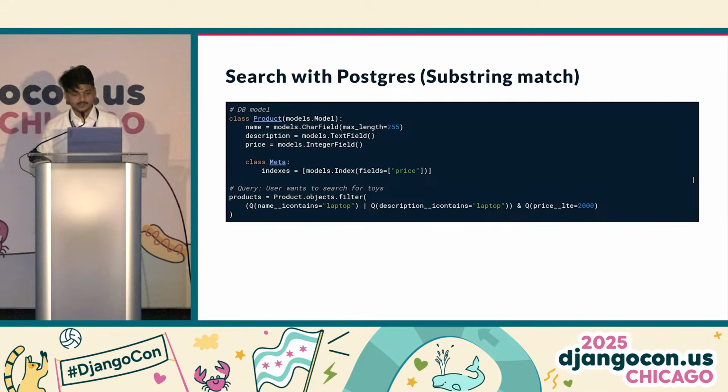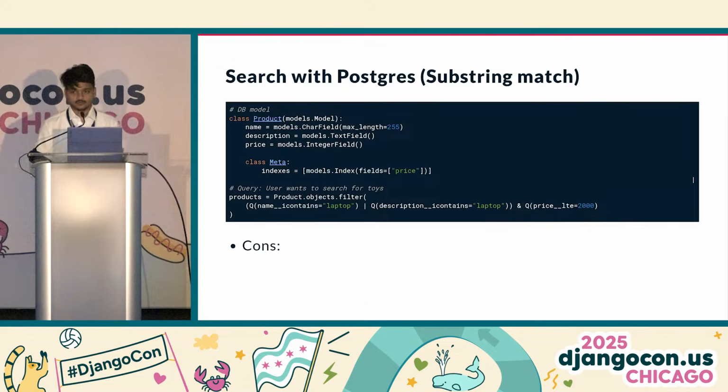So first of all, how many of you have tried building search with Postgres or anything in Django? Please raise your hands. Okay, quite a few people. Great. So the simplest way to build search in Postgres with Django is that you use these icontains filters. For example, I want to search for laptops which are priced less than $2,000. I could do a query like this. I'm going to create an index on top of the price, and it does